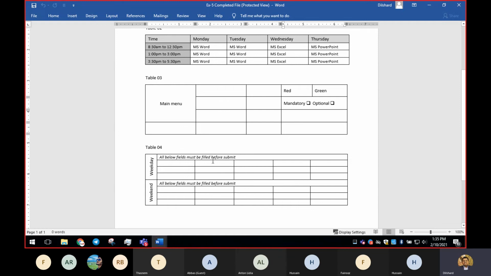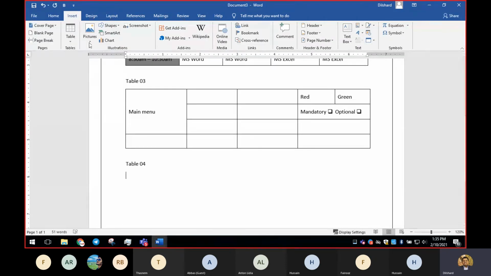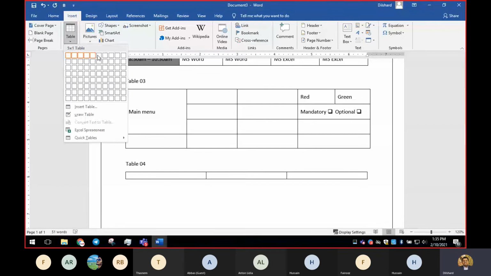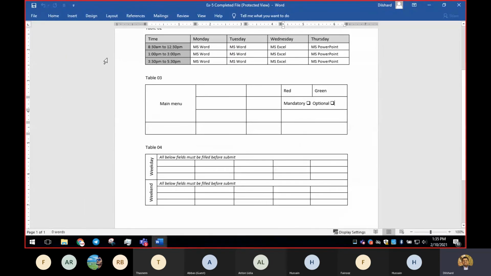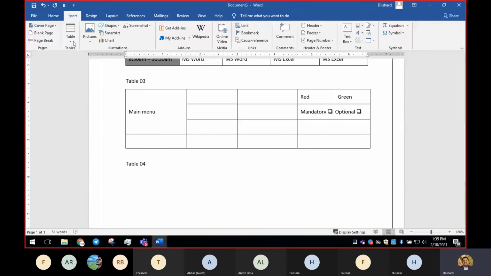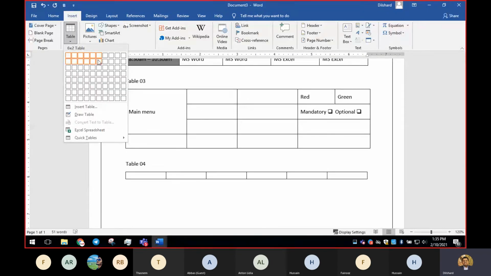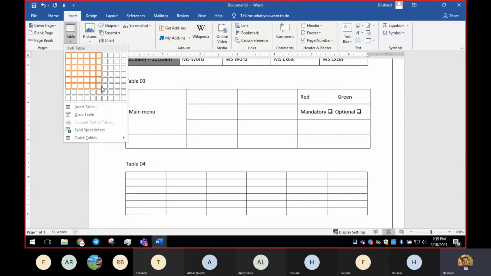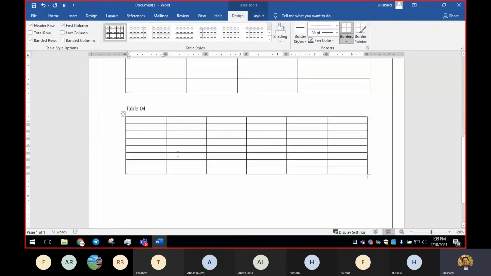So we have 6 columns and 8 rows, right? We'll highlight 6 columns and until 8 rows, so to the maximum, right?